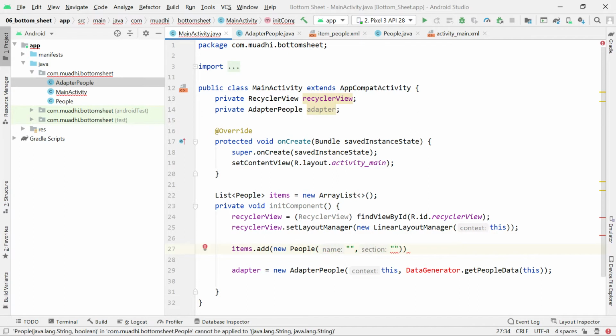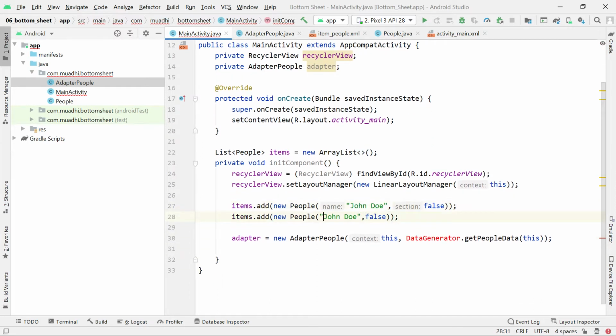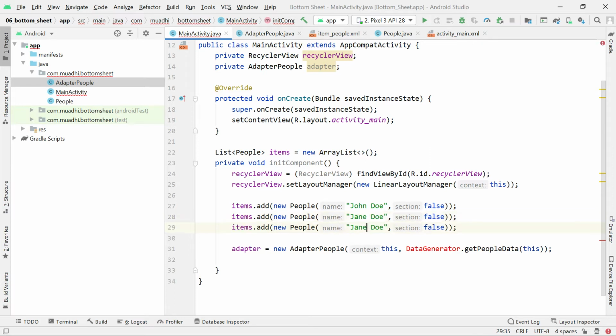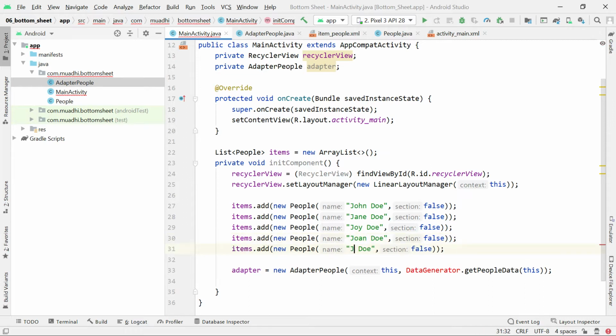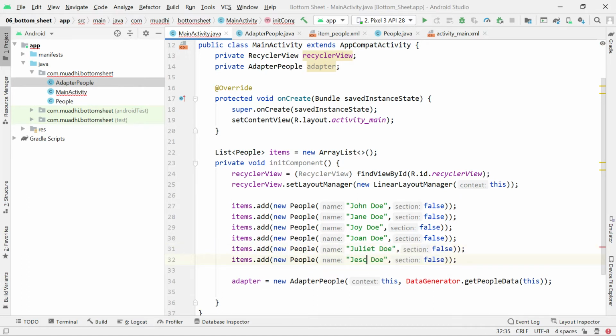like this. Okay, so the default constructor takes what? And false. Okay, John the gender, gender, called gender, John, Juliet, Jessica.